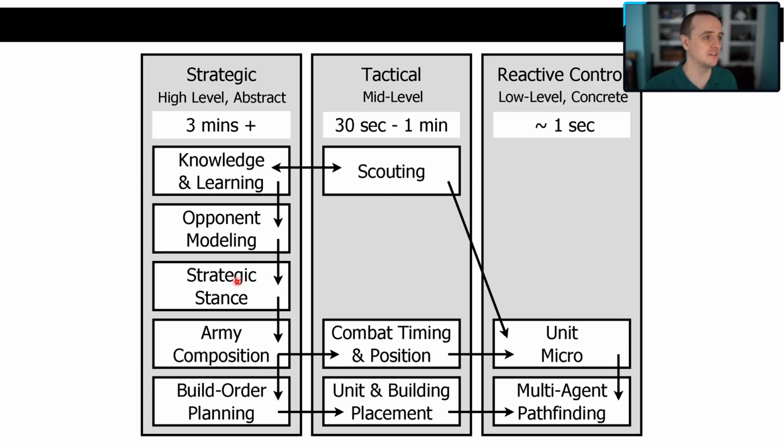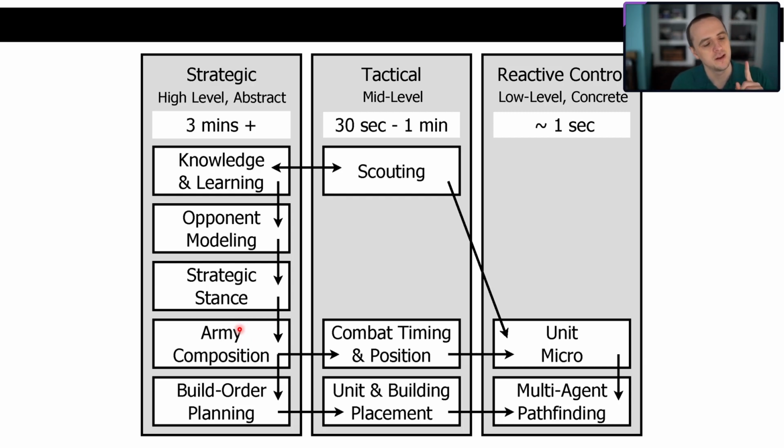So I'm going to defend this game because I know that they're going to rush me. I could be wrong, but that's the stance that I've chosen to take this game. Based on that stance, now I have to choose an army composition which is going to allow me to carry out that stance, right? So if I've chosen to play Terran and I've chosen to be defensive, maybe I need to build some tanks, some turrets, and some bunkers, right? I need to build those defensive units.